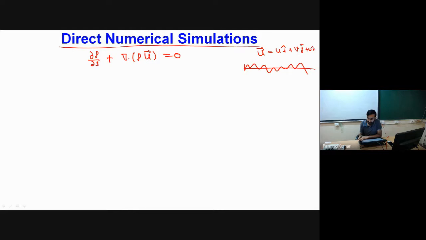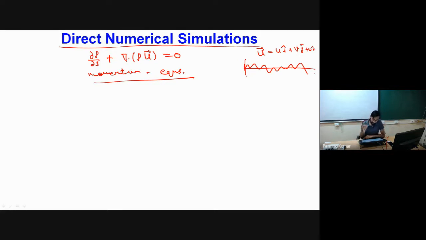Okay, so over here we are not doing any kind of averaging, rather whatever fluctuations are there, we are trying to solve each and every fluctuation. So there will not be any change in our continuity and momentum equations. The equations will be similar to those of laminar flow. However, in laminar flow our parameters have some specific constant value, whereas in a turbulent flow situation we have fluctuating parameters in our governing equations.